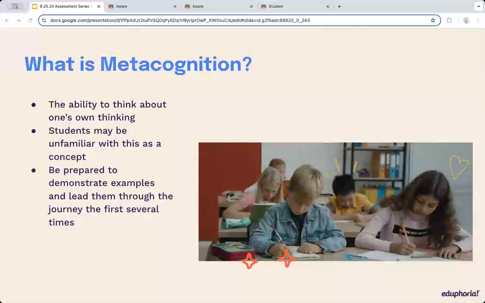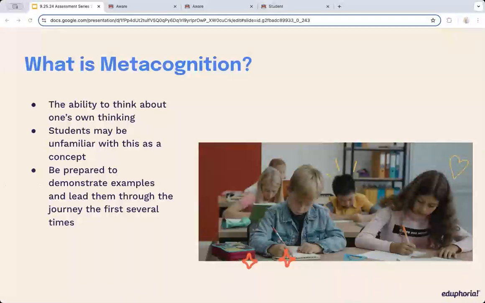This can be an absolutely monumental effort for students, especially younger ones, as it takes a very high level of self-awareness in order to actually be able to do this. It also takes training and explicit examples to replicate because students are not intrinsically able to do this. It's a very unfamiliar concept to some of them.